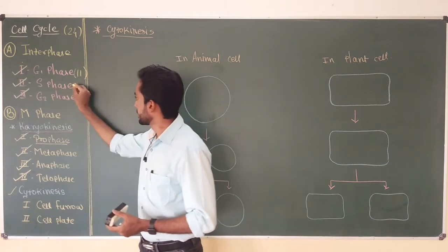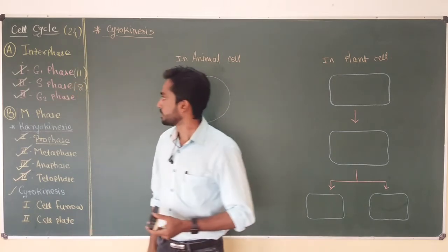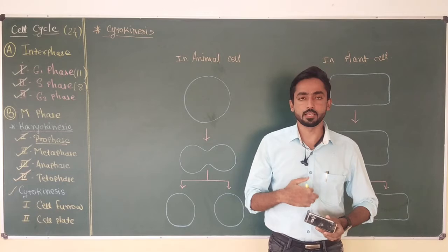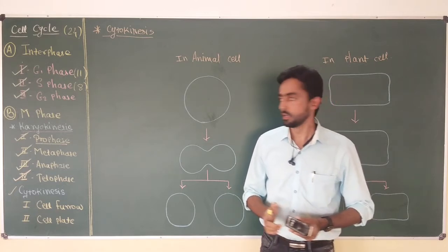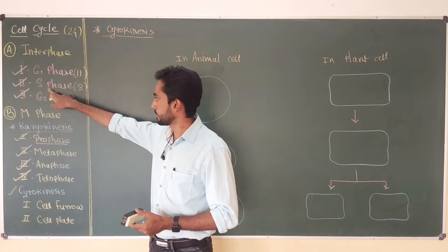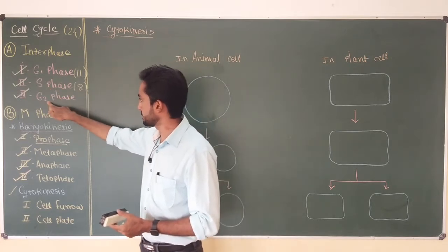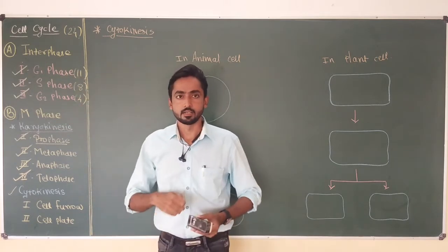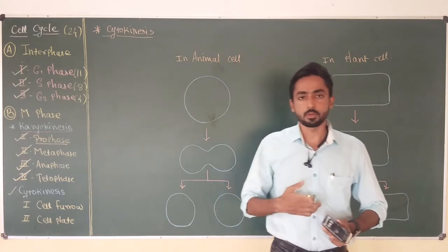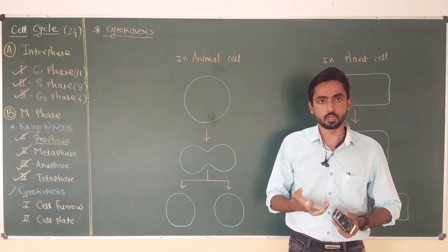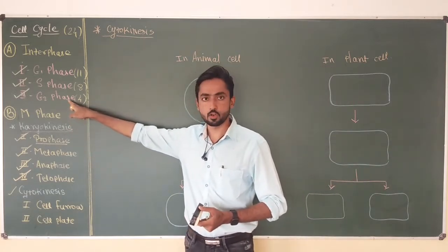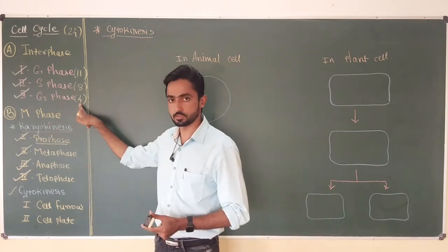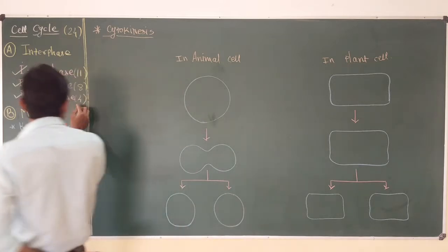Then S phase requires 8 hours. We know that S phase is the phase in which DNA replication takes place inside the nucleus of the cell. So the process of DNA replication requires 8 hours, and G2 phase, which is the last phase of interphase, requires 4 hours. In G2 phase, cell organelles get divided, then actin filaments get produced in the form of tubulin subunits, and phosphorylation also occurs in which the cell produces energy in the form of ATP, and this process requires 4 hours. So total 23 hours